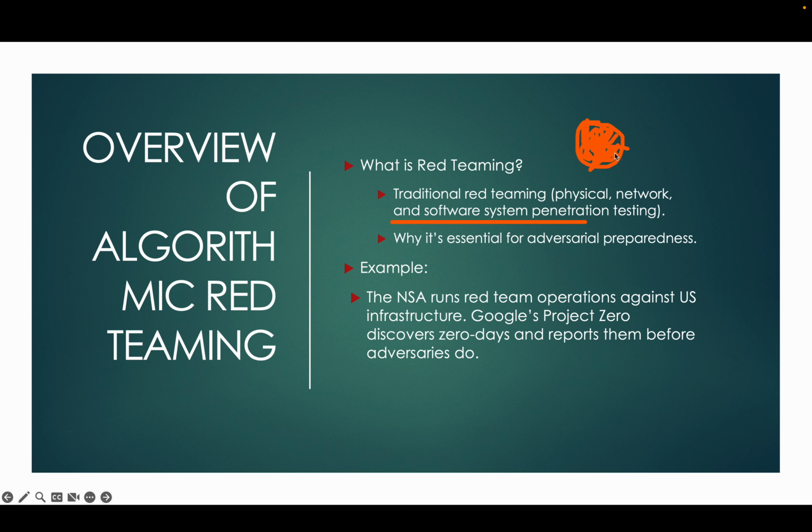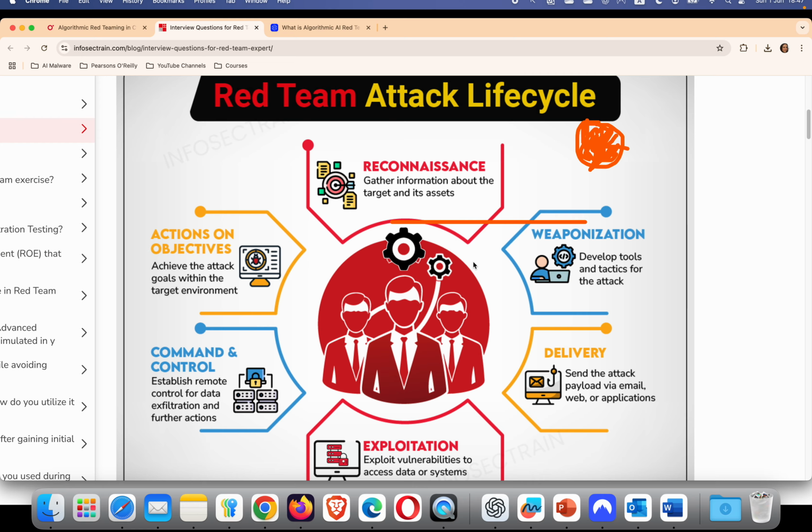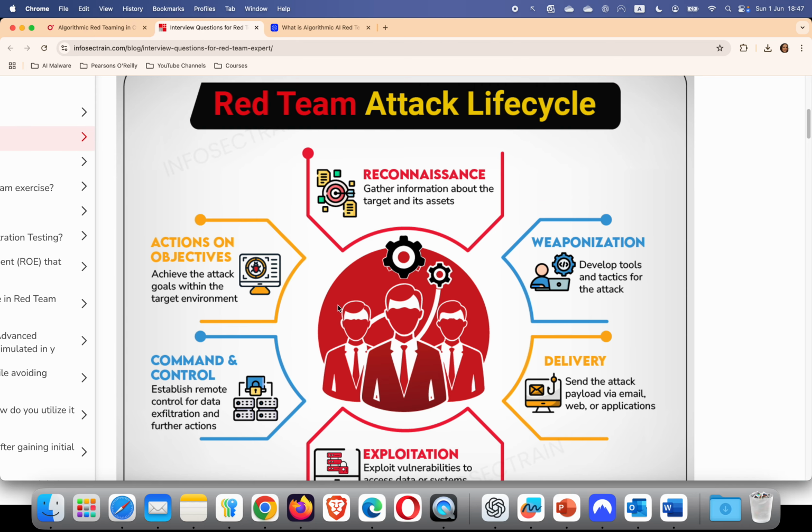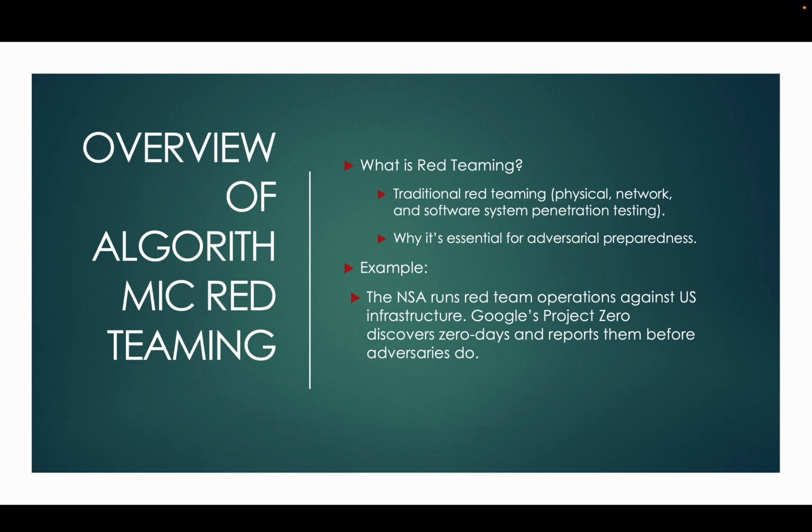There are different ways how to do it. And then there's also a change from traditional to algorithmic red teaming. The slide that I showed you here, the red teaming attack lifecycle, refers to normal red teaming of IT infrastructure. Here we're looking at AI-specific red teaming. And what's the difference? Well, it's just an extension of red teaming, but it's applicable to machine learning and AI